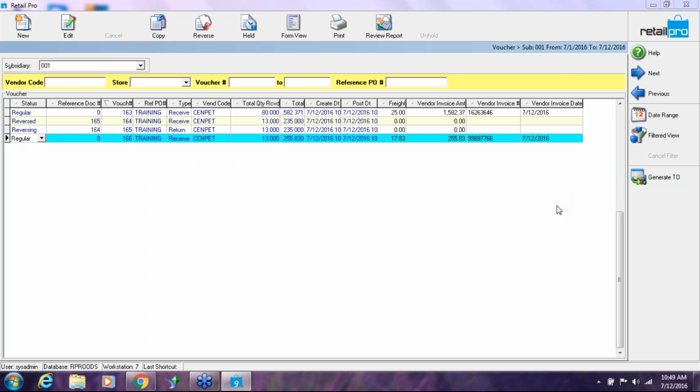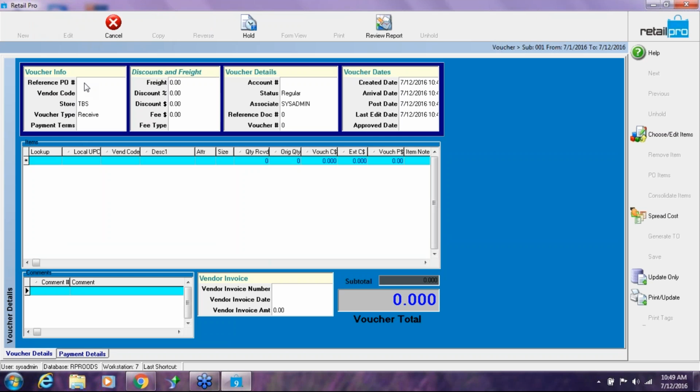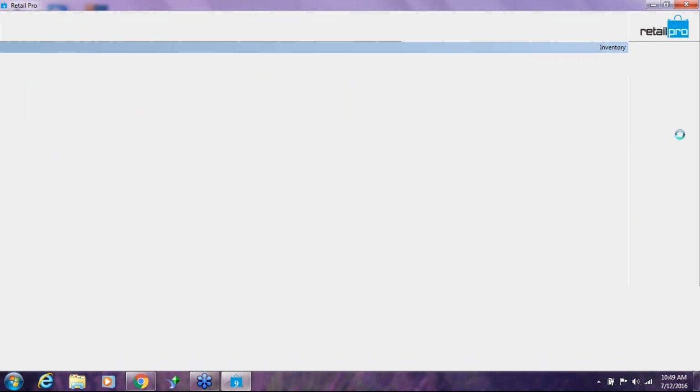Okay, a couple other things that I want to show you in here. You can make a voucher without a PO. I can just come down here to the vendor code. Well, it would help if I type in the right vendor code. Okay, I can type in the vendor code I want, go to choose edit items, and just like we had